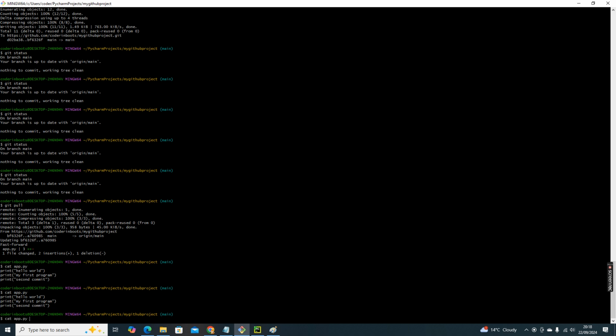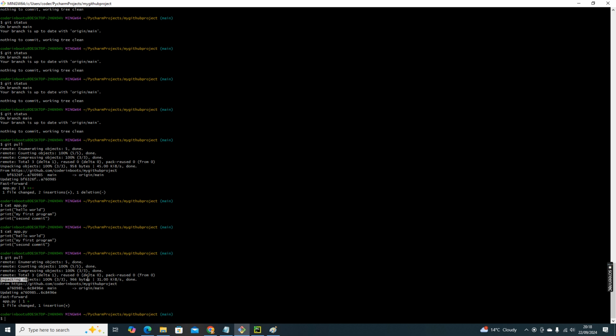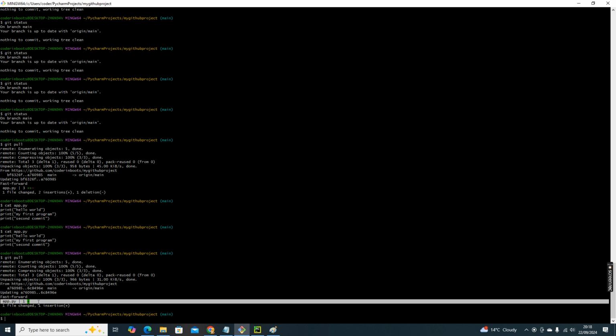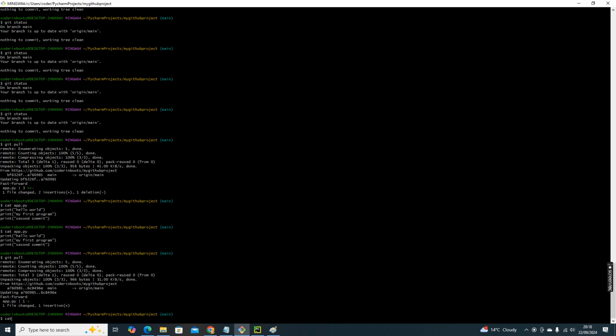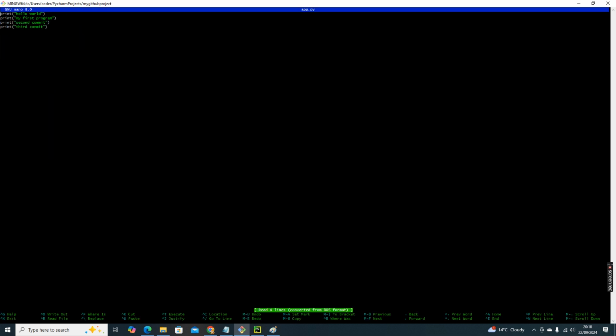So if you do git pull again, what will happen? Git pull will pull the latest changes. Unpacking. One file changed, right? So now cat app.py, you see third commit. Now again he can start working on the changes, like making changes over here and pushing it back to the remote repository. So again, in app.py, I can make print